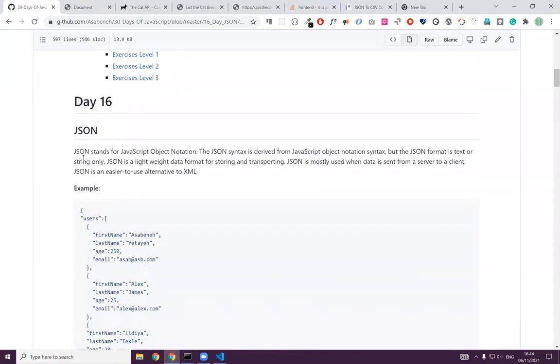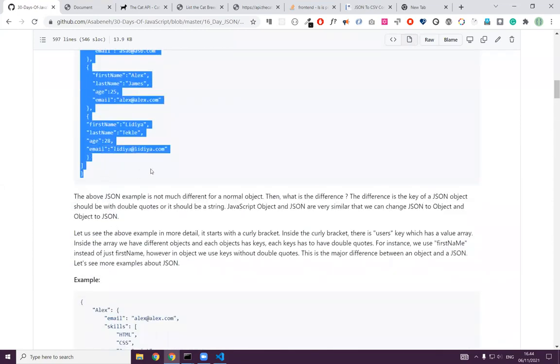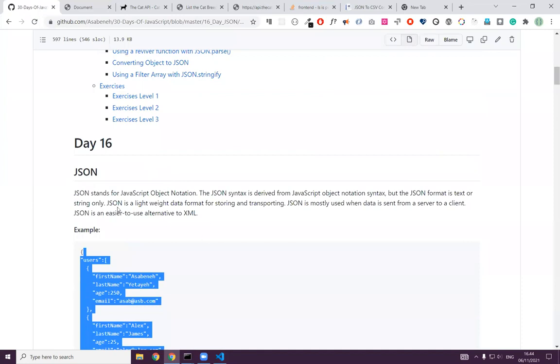JSON stands for JavaScript Object Notation. The JSON syntax is derived from JavaScript object notation syntax, but the JSON format is text. Yeah, it's just a text or string. As you can see, this is a string, a text. JSON is a lightweight data format for storing